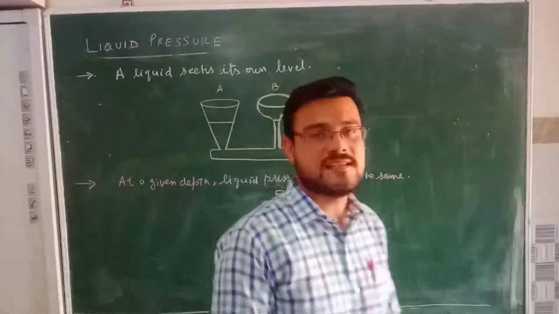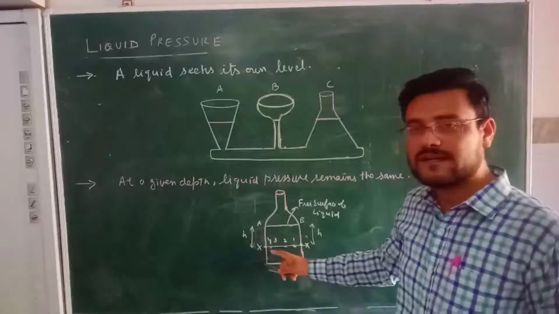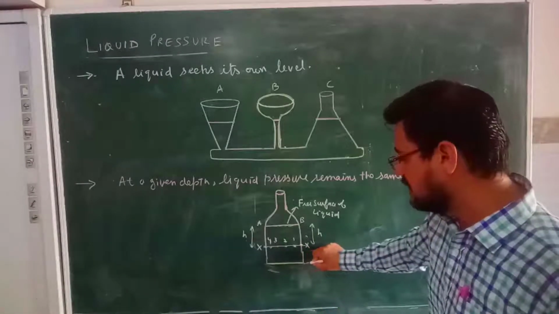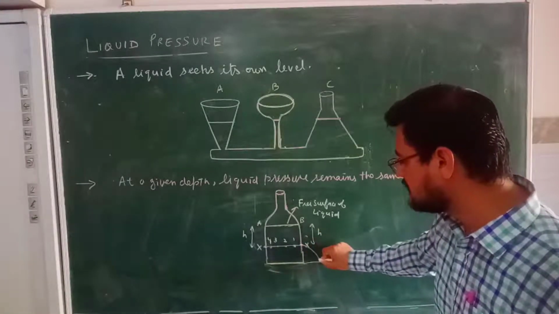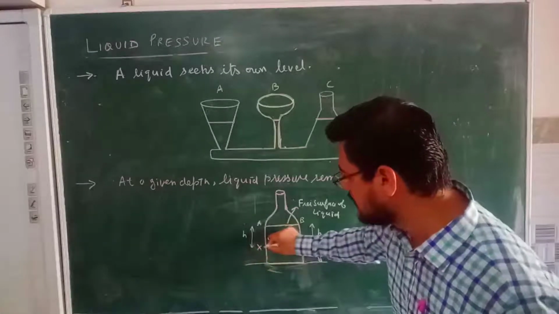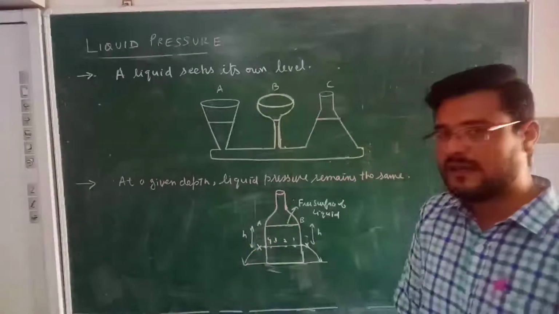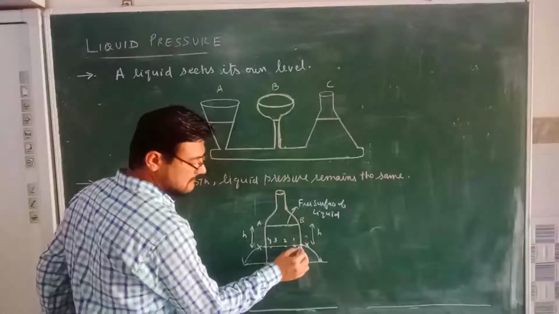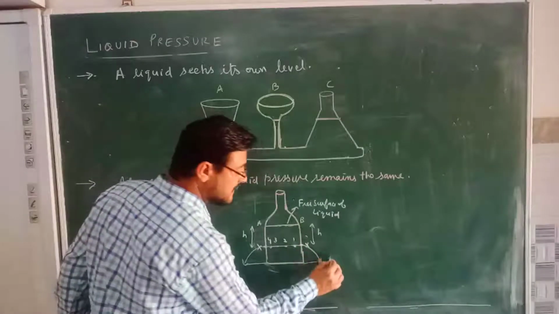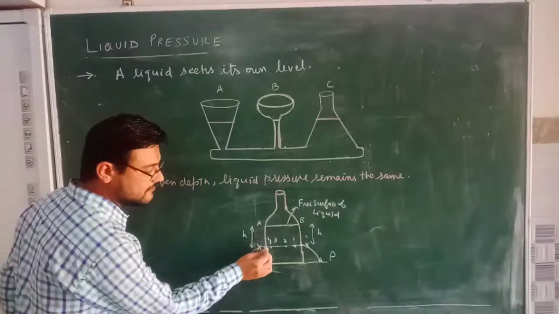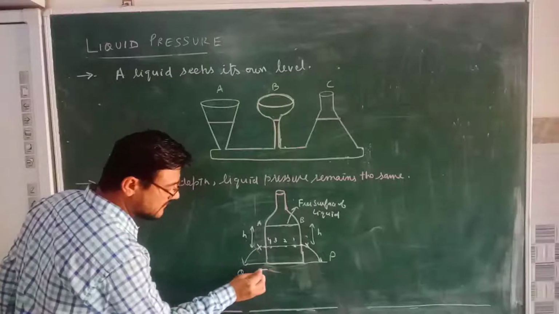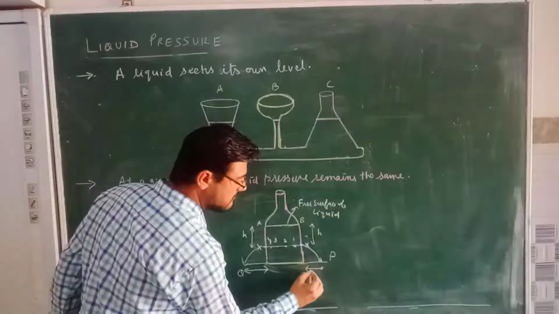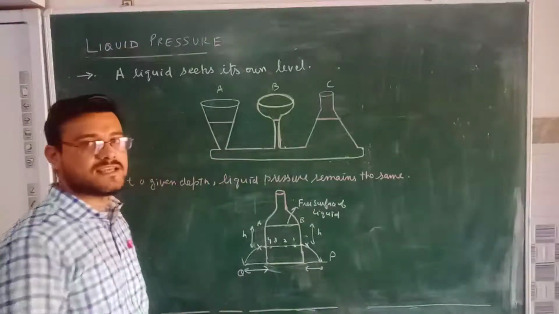As soon as the holes are punched, the water will start running out of these holes. If you look at the distance at which the water stream coming out from a particular hole strikes near the base of the bottle, you will see that if the water stream coming out from this point X is striking at the point P, and the water stream coming out from this point is striking at the point Q, then the distance of the point Q from the bottle and the distance of point P from the bottle will be the same.